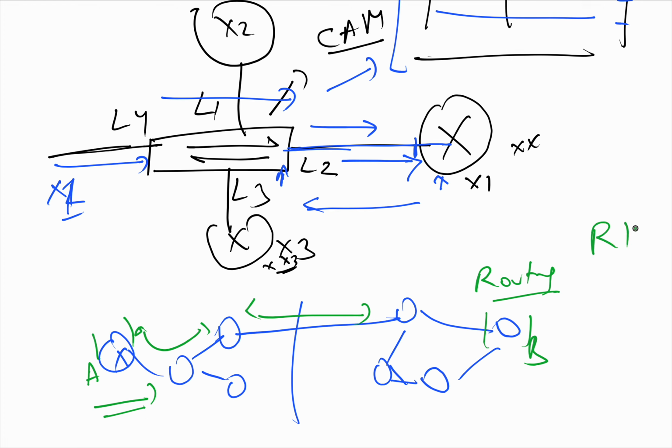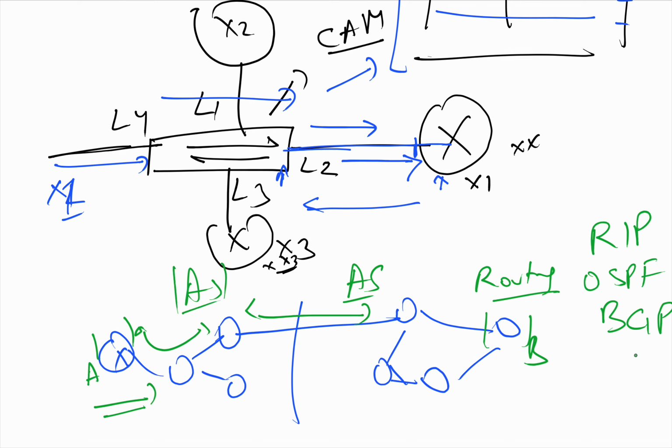We have RIP, Routing Information Protocol. It's a distance vector protocol, basically uses hop count as the metric. Then we have OSPF, Open Shortest Path First. It uses the Dijkstra algorithm to calculate the shortest path, and it uses cost. Then we have BGP. BGP works between different ASs, autonomous systems, different networks. That is what I mean. And then we have EIGRP.